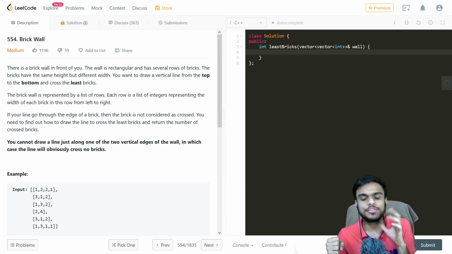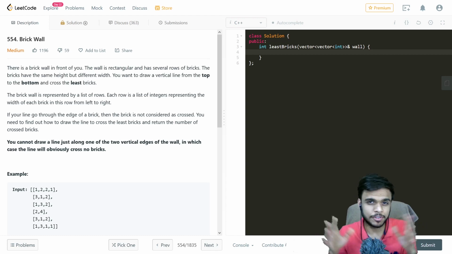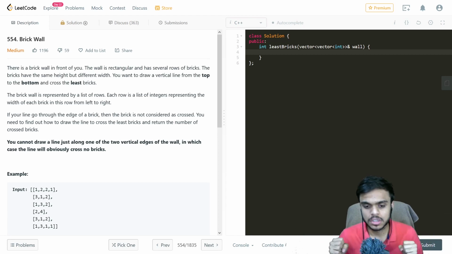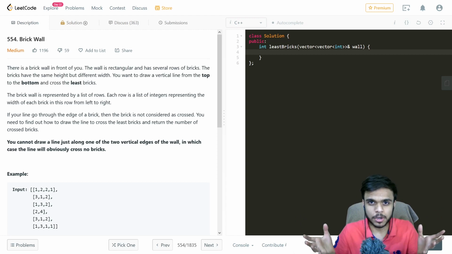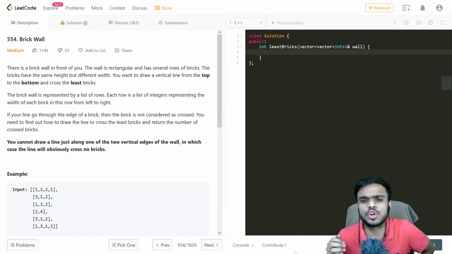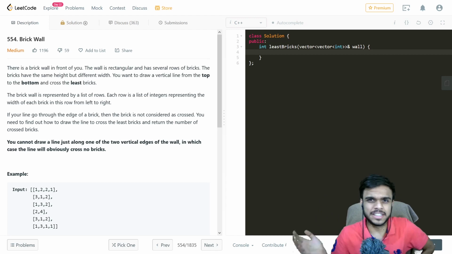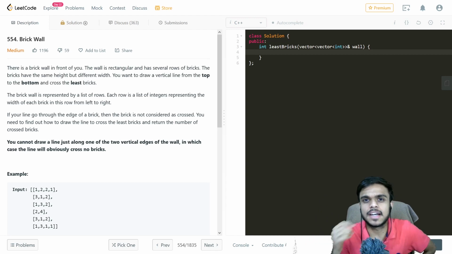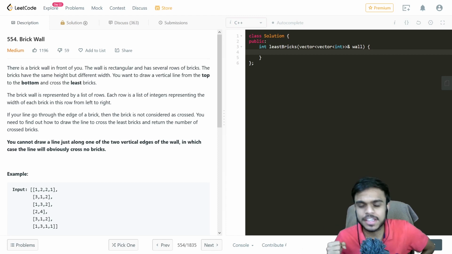Because that is the most important thing which would affect our time complexity and space complexity. Okay, so if we think of the solution, we would be requiring the counter of every particular index of the wall. So let's say, for every particular index in the wall, maybe we can go with a vector of pair. But the problem is that we do not need to keep for all the indices, because there is possibility that there are no edges on that particular index.